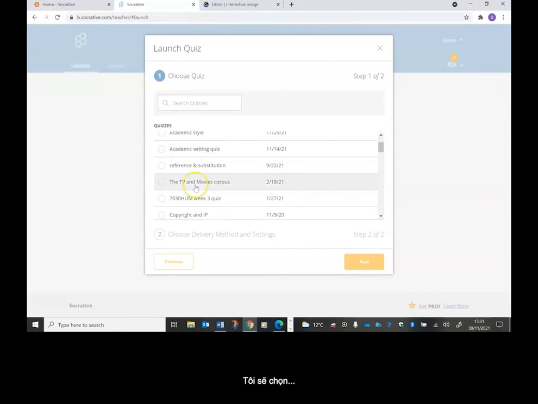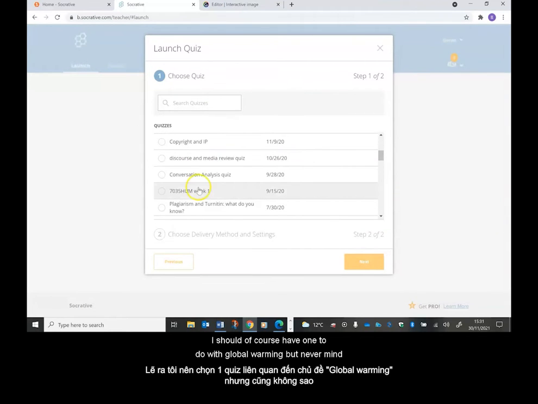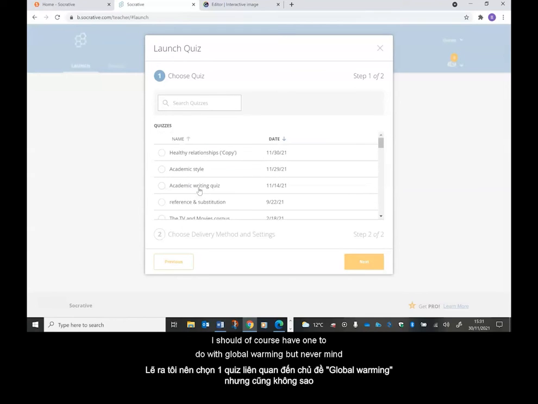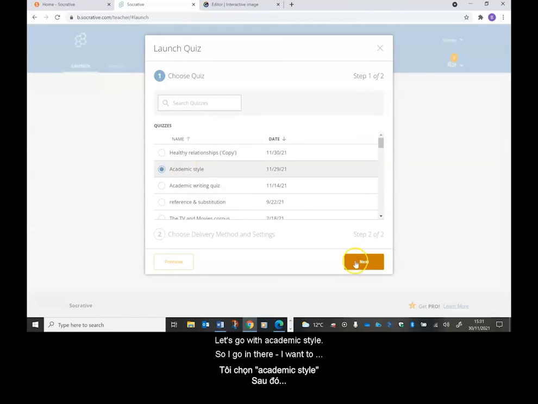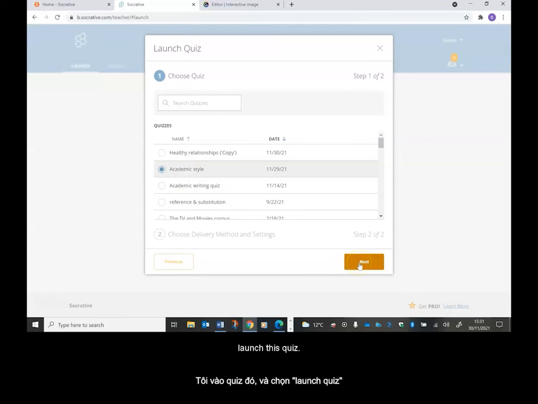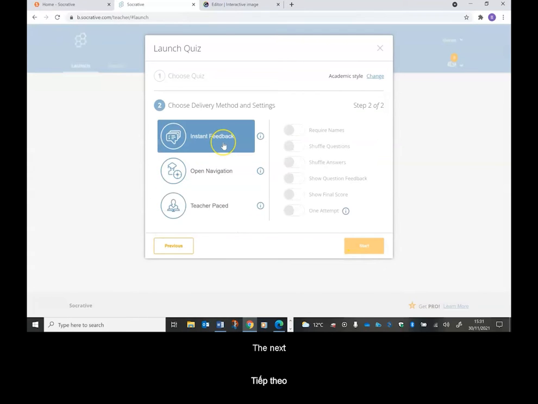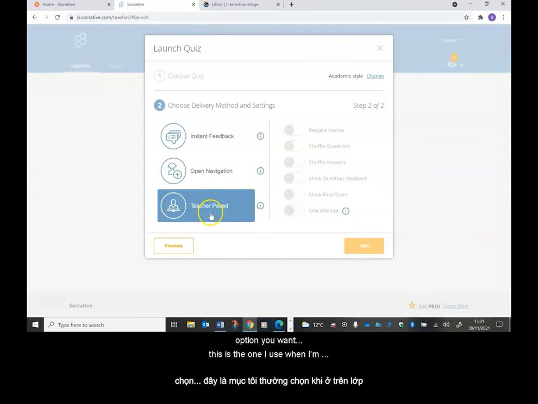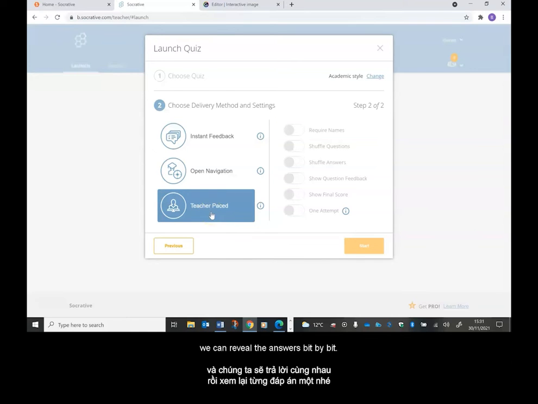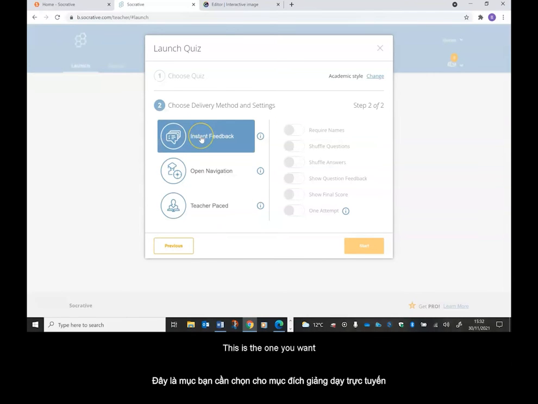Let's go with... I should of course have one to do with global warming, but never mind. Let's go with academic style. So I go in there. I want to launch this quiz. The next option you want, so this is the one I use when I'm in class and we're all answering together, and then we can reveal the answer bit by bit. This is the one you want, I think, for the purposes of online standalone